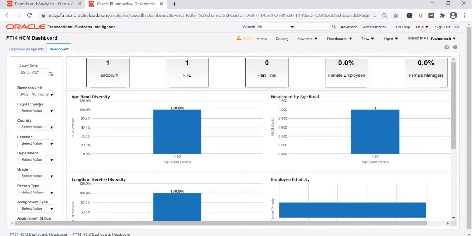So what you need to do is edit the dashboard prompt, make the change you want, and instead of doing a save, you have to do a save as. Once you save it with a custom name, you come back to the page, take out the seeded dashboard prompt, and plug in the custom dashboard prompt that you created. The same approach is applicable for other changes as well. Let's go ahead and do a couple of changes to give you an idea.